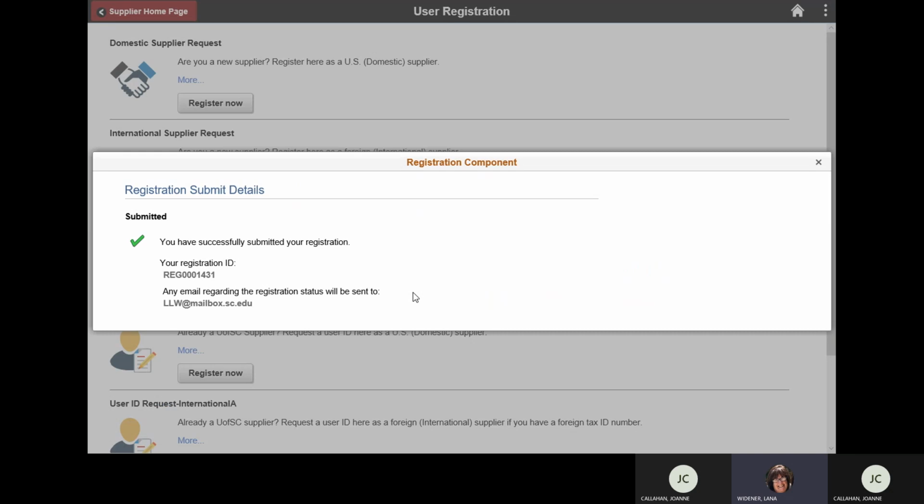You've received a little note here that says you've successfully submitted your registration. And right below that, it says any email regarding the registration status will be sent to llw@mailbox.sc.edu. And you should get that within a minute. Again, if you have questions, our email address is